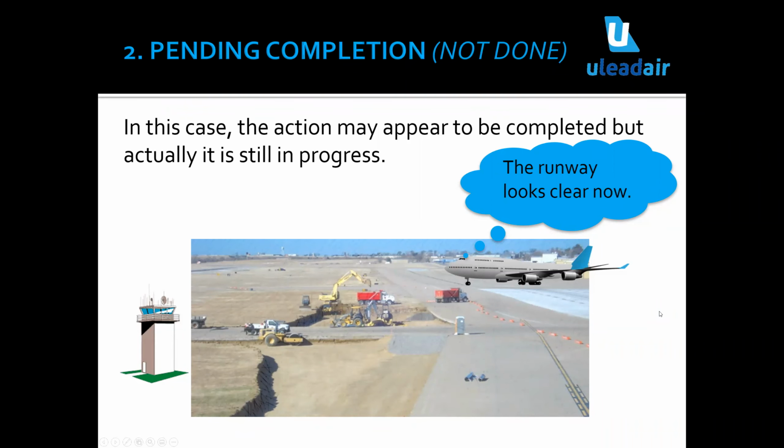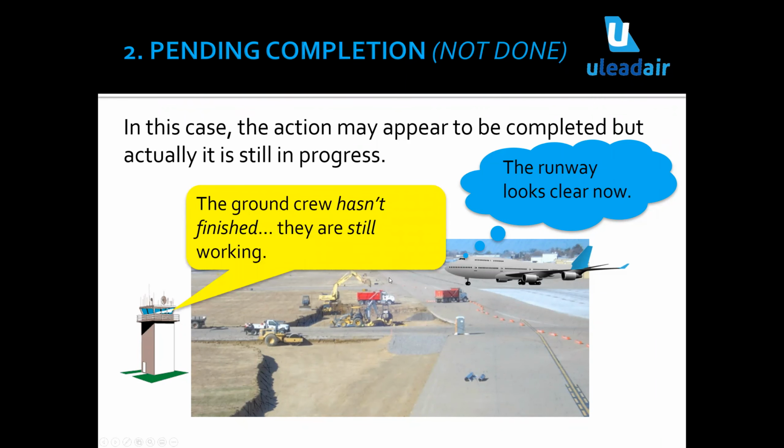It's all positive control. You don't take actions on yourself like that, but it's been years in the making, that sort of crew resource and pilot ATC interaction. And hopefully the culture today is a lot more positive control. But so this guy's like, the runway looks clear. That certainly doesn't mean he's going to actually start rolling down the runway. He's just going to make some more inquiries maybe.